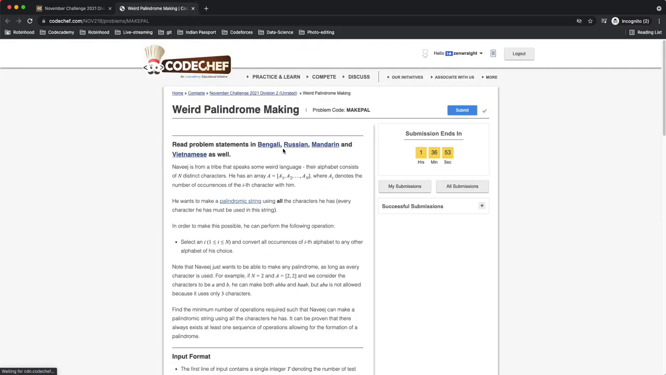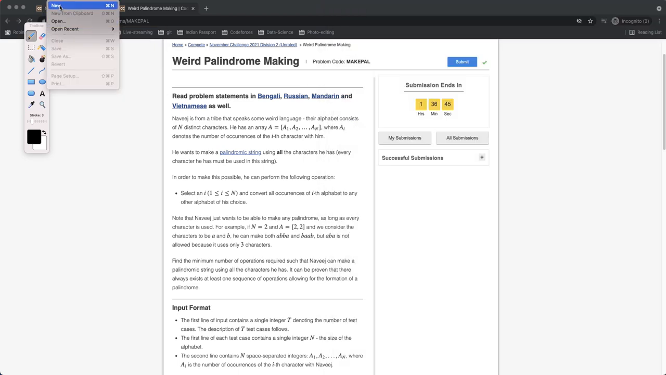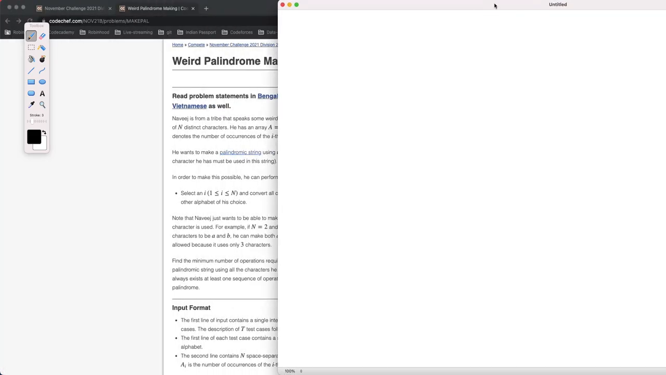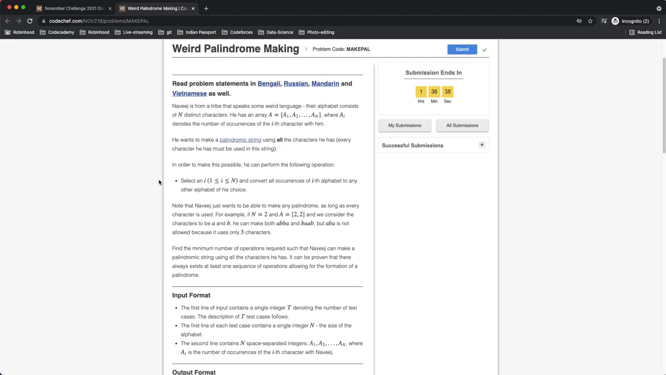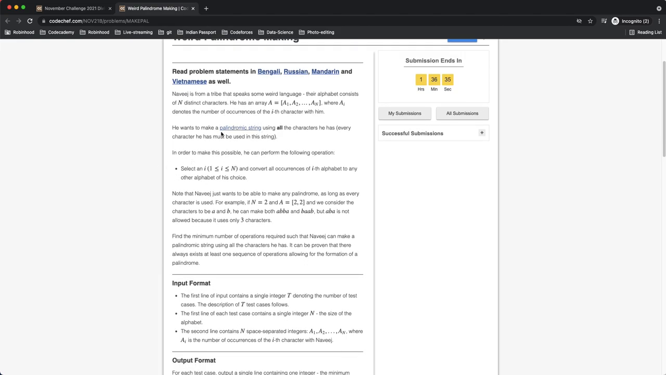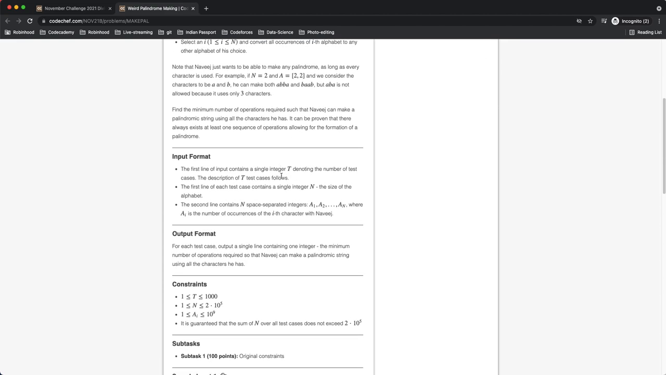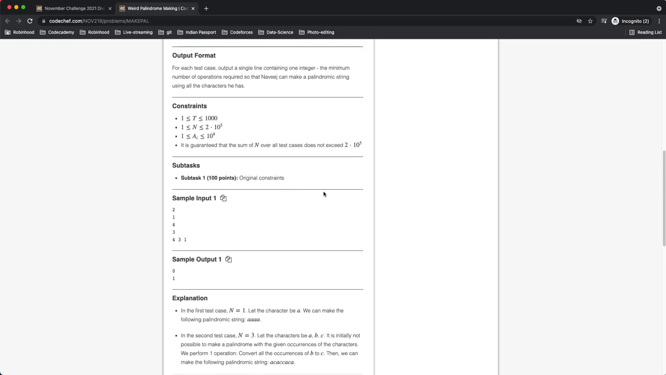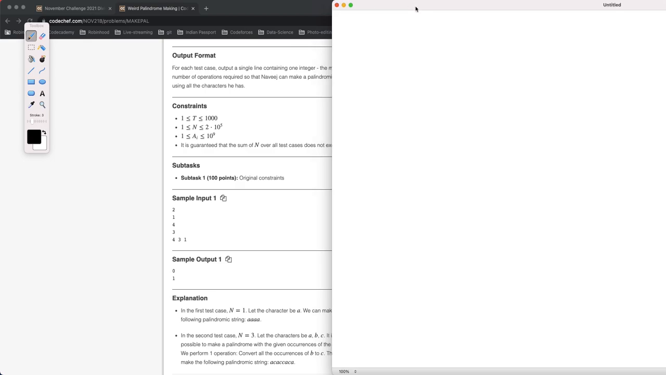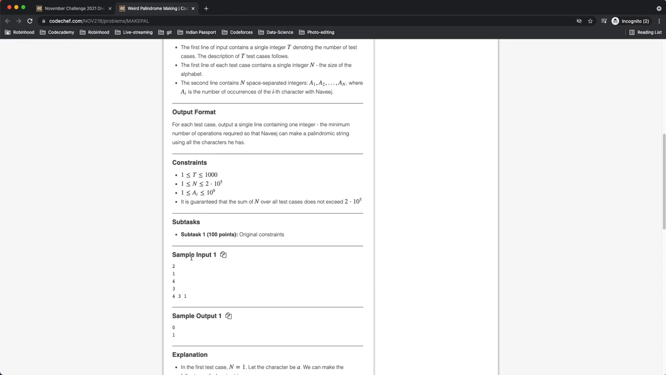Weird palindrome matching. So let me take a new page here. Okay. Naveed is a tribe that speaks some weird language. The alphabet consists of n distinct characters. Here's an array. Okay, so in this problem, now I can recall what this problem is about. In this problem, what we need to do here is we are given some letters, the count of each character that